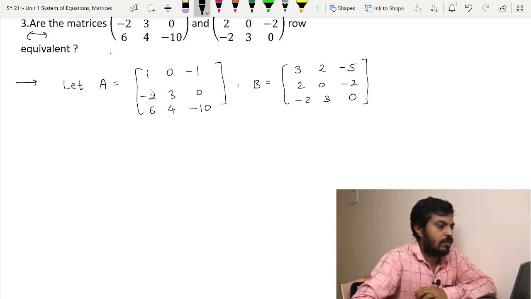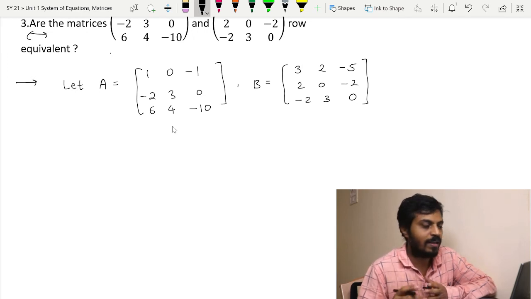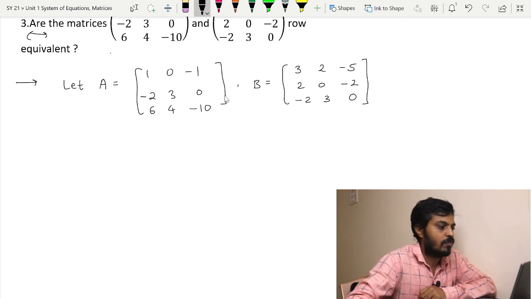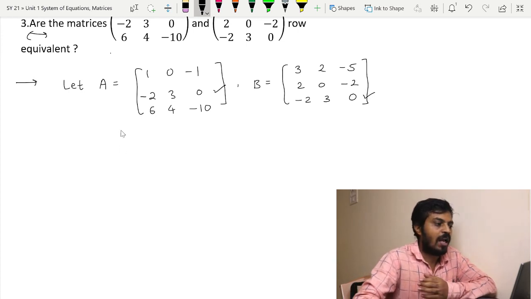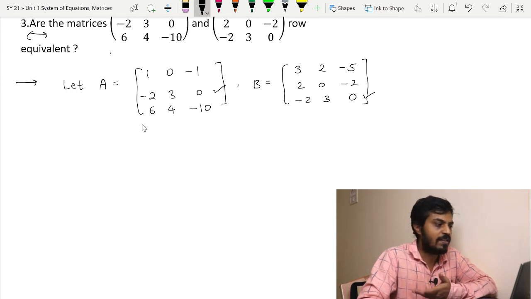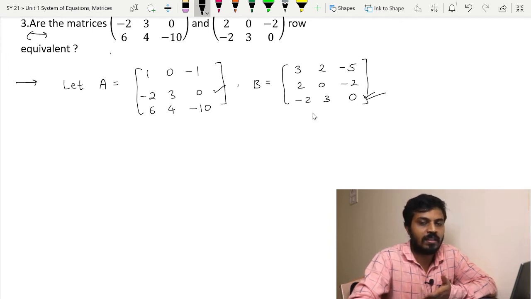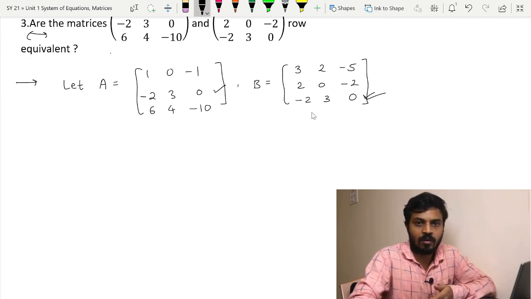As you can see, all the rows seem to be different in both the matrices A and B, but one row is exactly the same: the second row of A and the third row of B are the same. So first of all, I will perform the operation on A as R2 3. I will interchange the second row and third row, and I will get the third row of my matrix to be -2 3 0. First of all, we will reach there, and then we will think what to do ahead.